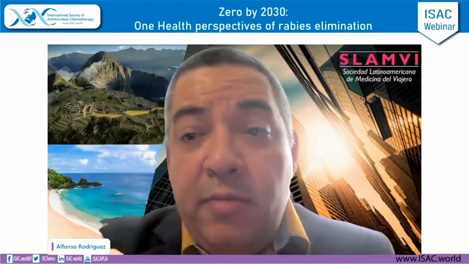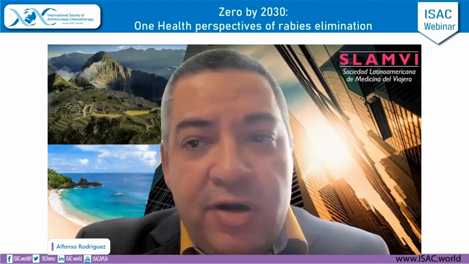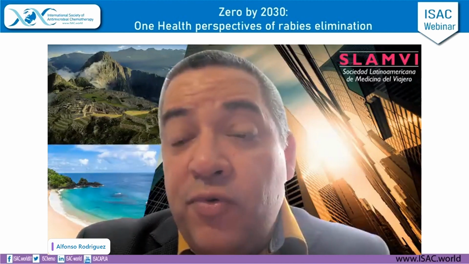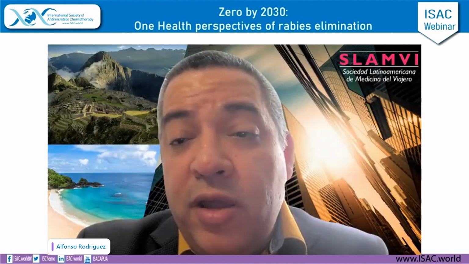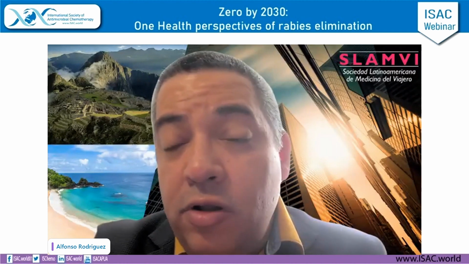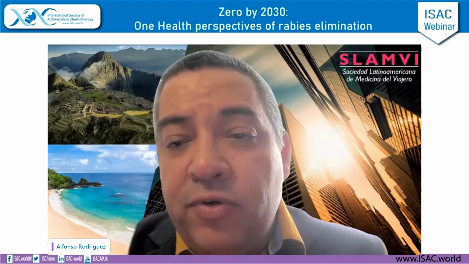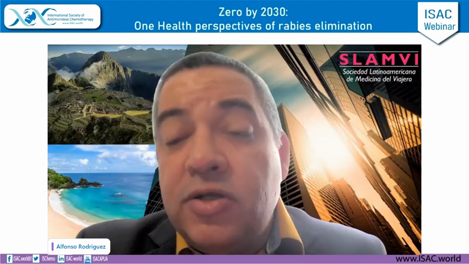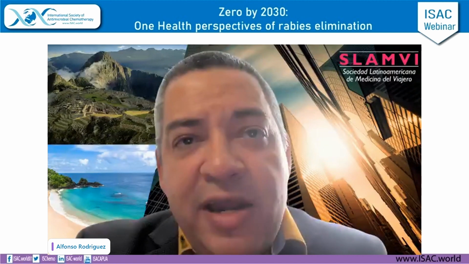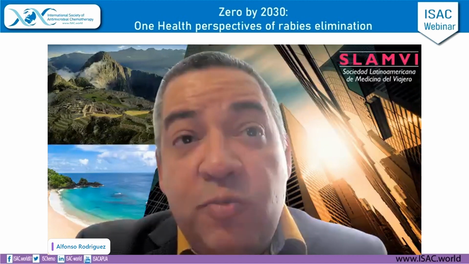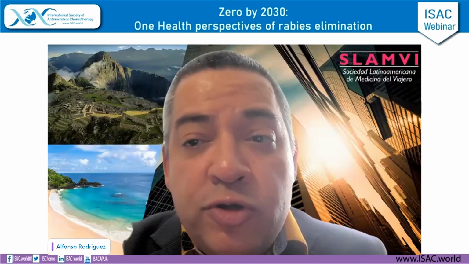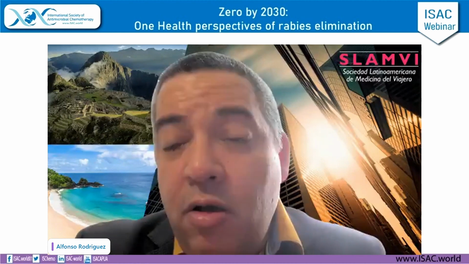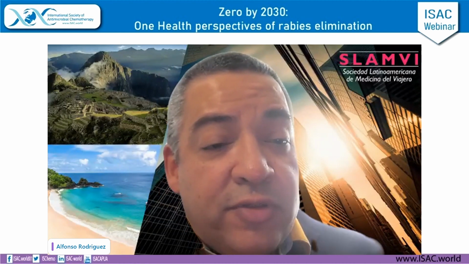Well, there are many things I would like to add. First, I would like to return to the question of One Health and to mention that it's important to consider not only the role of human and animal health, but also we have to integrate the importance of the environment in this, remembering that the One Health approach is environmental also, and this right now is integrated in the surveillance in certain countries regarding the distribution of wildlife species as well as animal behavior, among other things. So that integration, I think, is important.